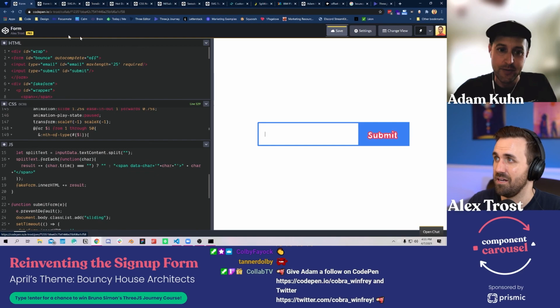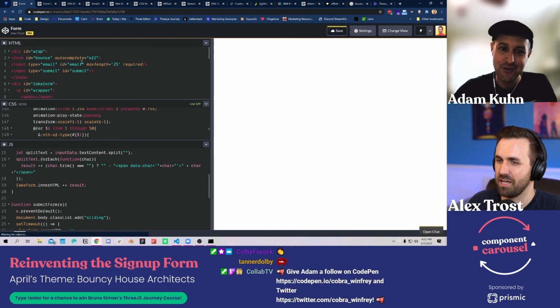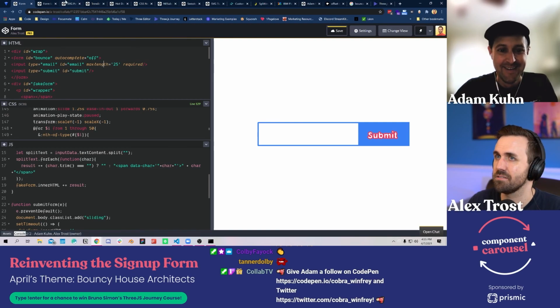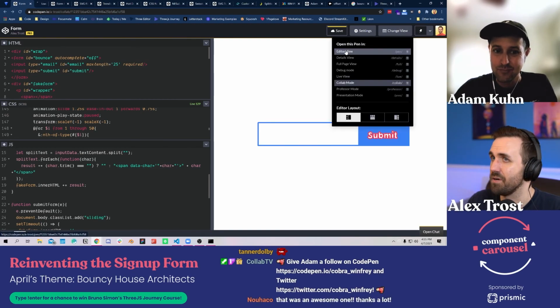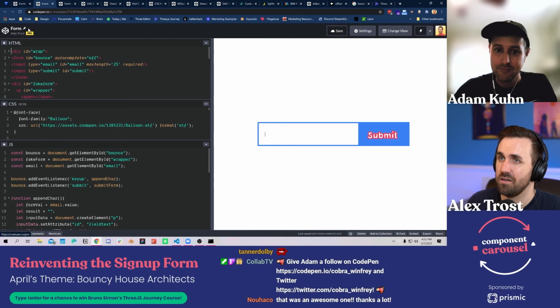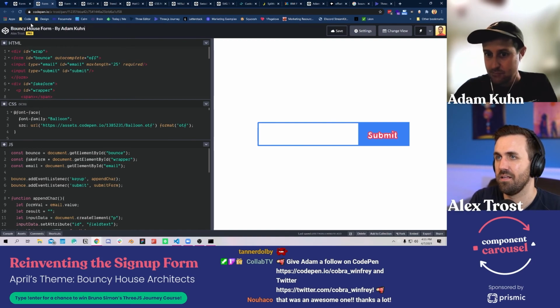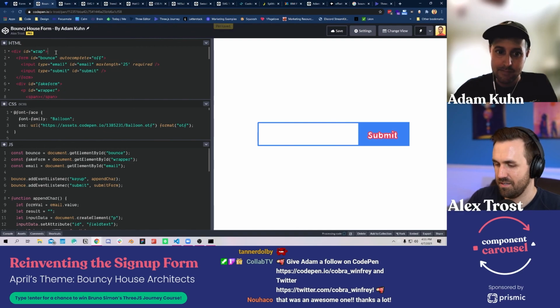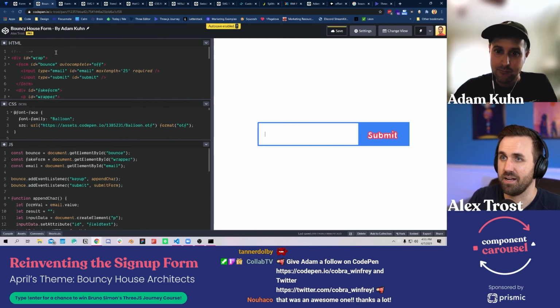I'm just going to leave it open so I can screw around with it after you share it. Can you not edit collab pens? Maybe that's what it is. Change view, editor view. There we go. Form or bouncy. There we go. That's as good attribution as I'm going to get, I think. Created by Cobra.